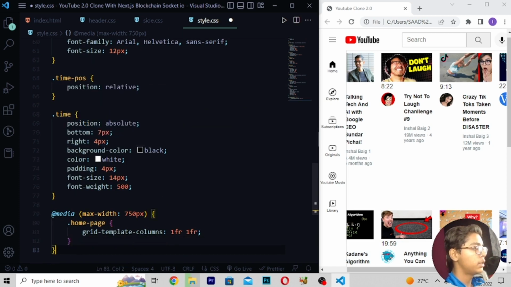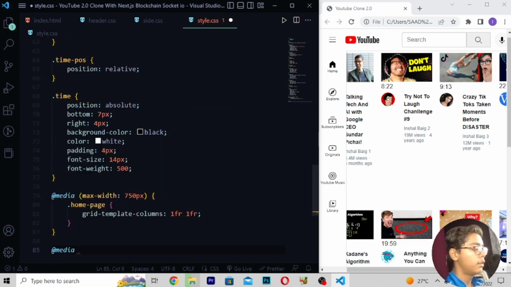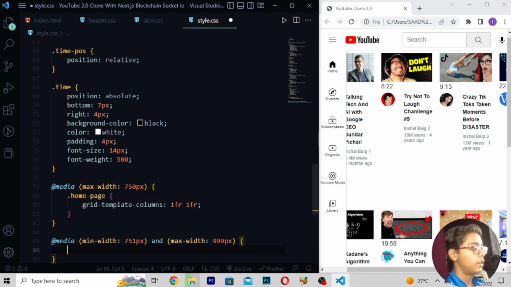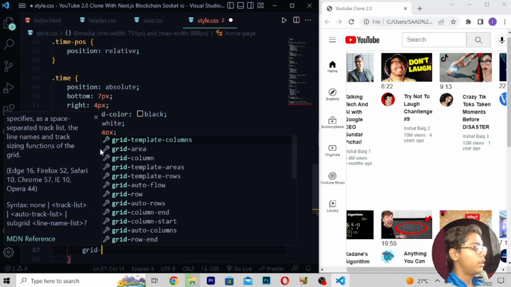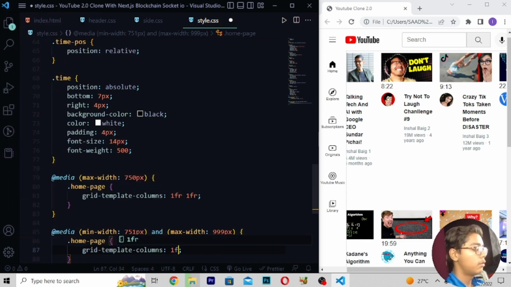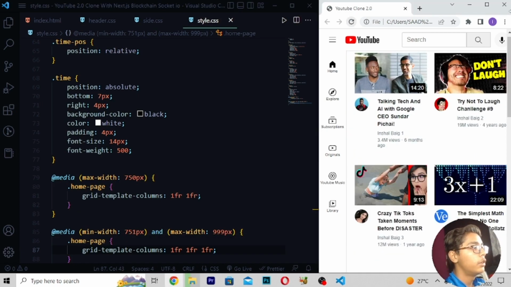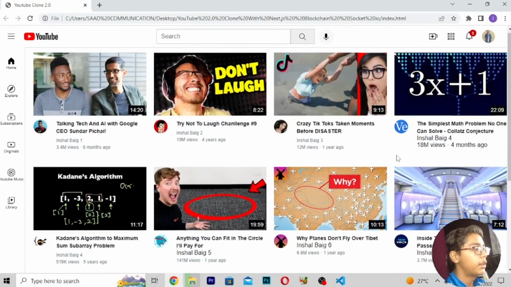Then media, min width 751 pixel and max width 999 pixel, dot home dash page grid, and grid template columns 1FR. Save this, reload.